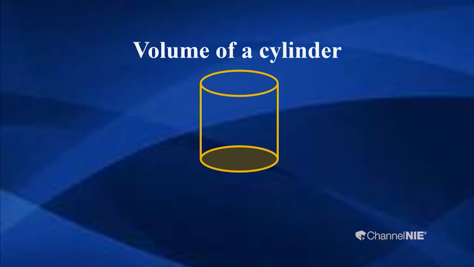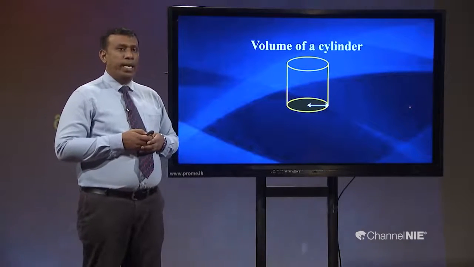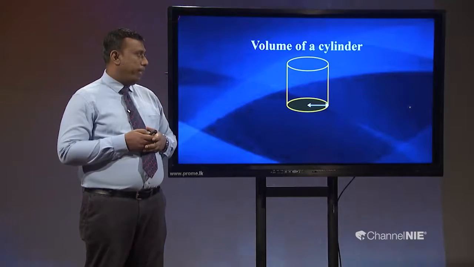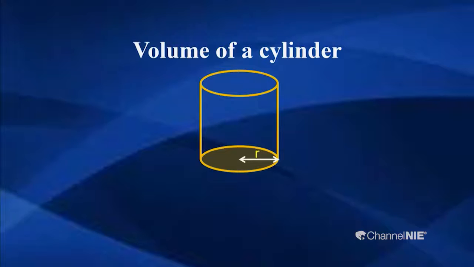That is the volume of a cylinder. When considering the cylinder, you can see three faces: two circular parts and one curved part. The circular parts are the base and the upper side of this, and you can see that is the height of the cylinder. Here also there is a cross sectional part. What is that cross section?